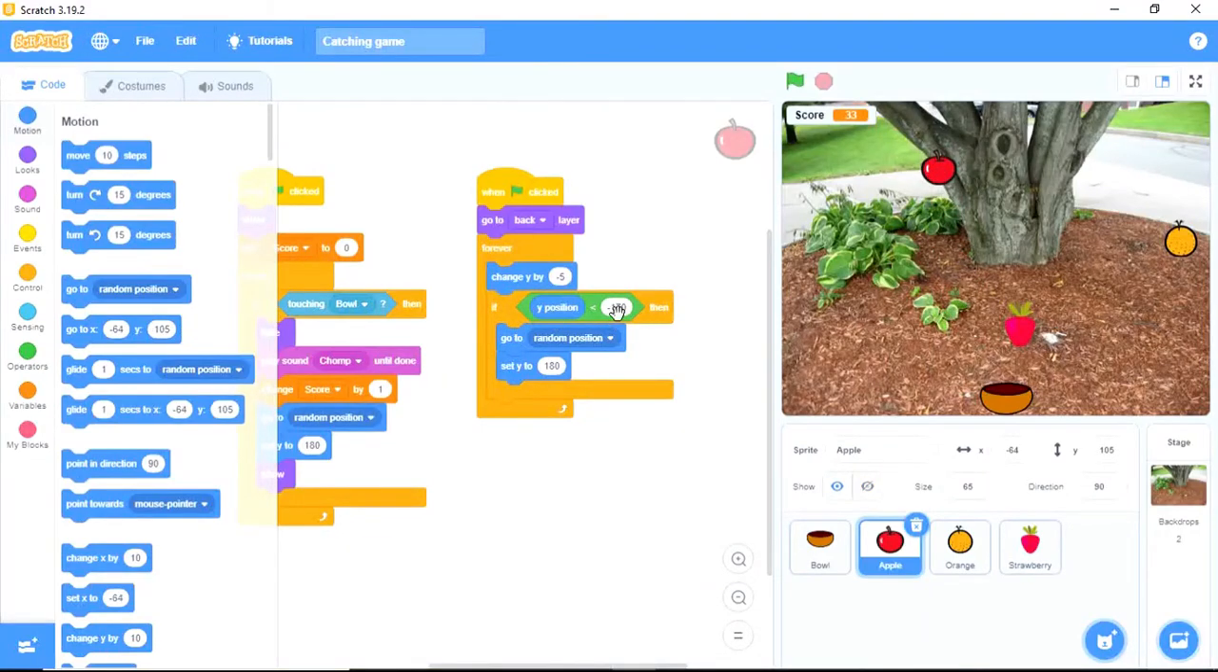While y position less than -170 is to denote what will happen to this apple after it comes downward below -170. -170 is somewhere around here, and you see this -173. Then you set it to go to a random position once it's already here. That's the random position. Maybe it will start from this random position, then you set y to 180, but 180 is up here, something like that. Then go to back layer is to make the apple go to the back layer of the bowl